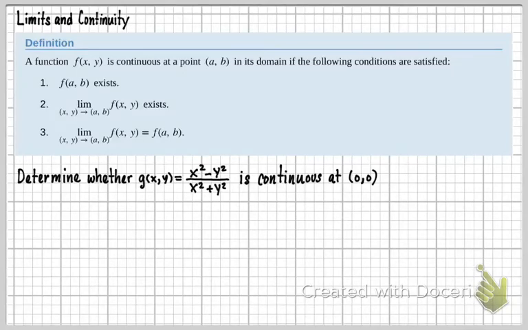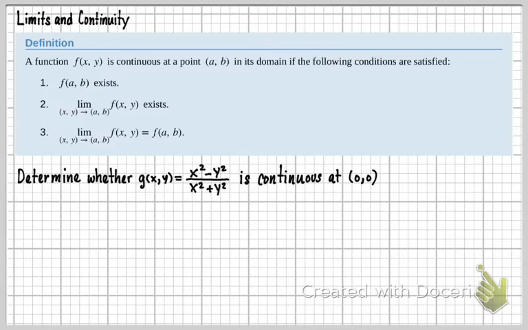Now let's talk about continuity. It says a function f of xy is continuous at a point a, b in its domain if the following conditions are satisfied. So the first one is f of ab exists. That means when I plug in the point ab into f, it has to give me a finite number for my z. And if it doesn't, then it's not continuous